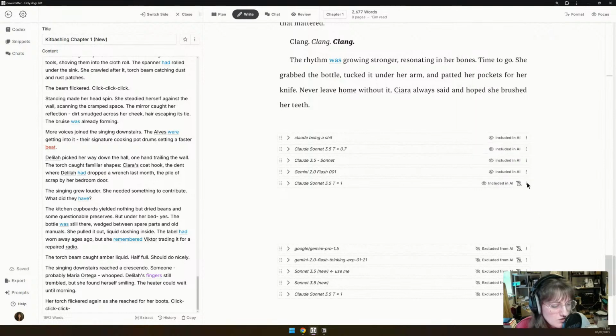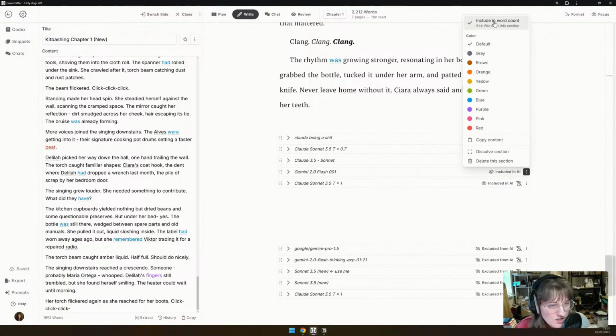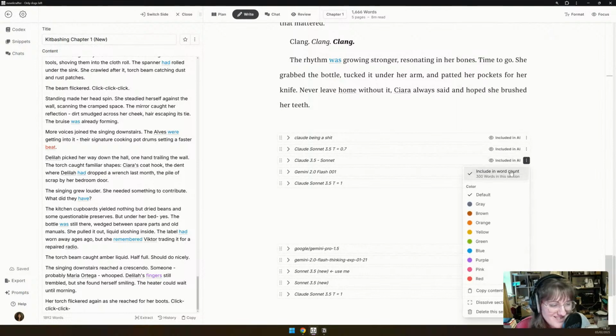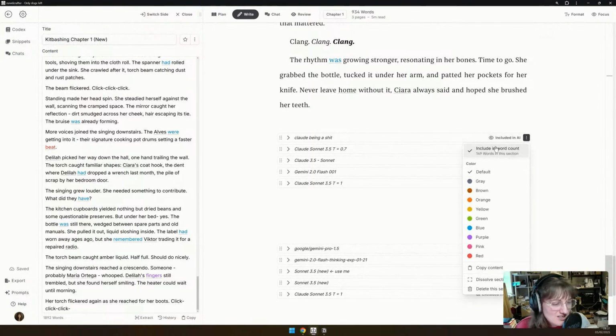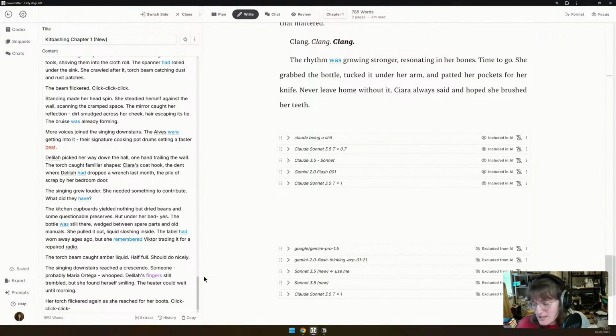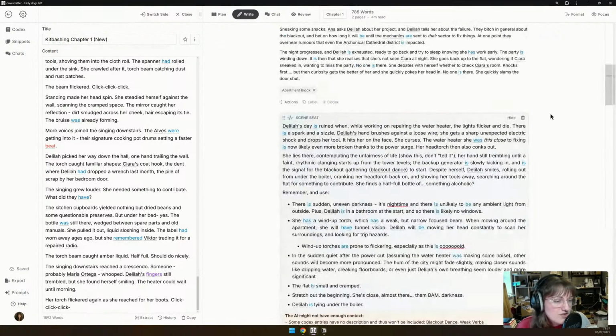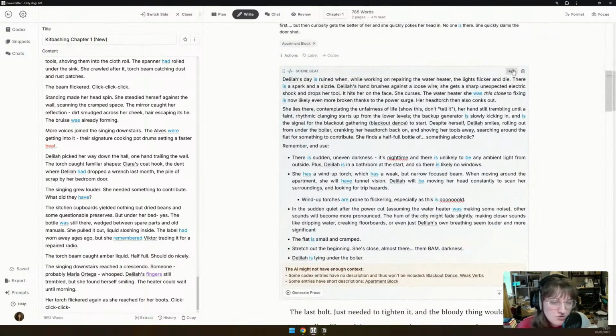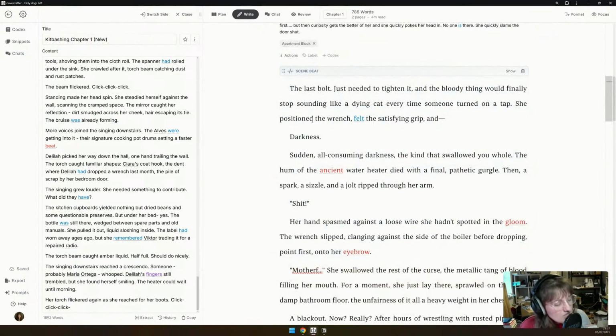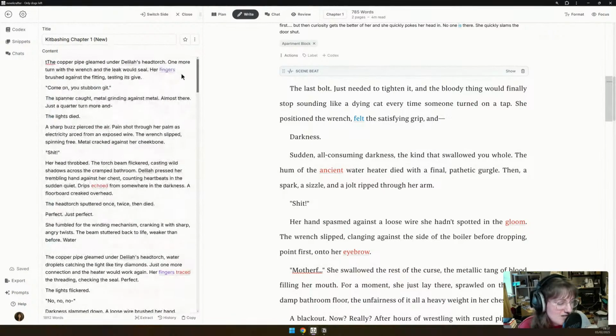I'm also going to remove these all from the word count because I would like a more accurate word count. You can tell here that's 800 words, and then these in combination are 1800. So this is obviously the longest version, and I'll probably end up cutting bits. I'm just going to hide that. But, you know, just going to play around with it. This is what I'm going to start working with. I'll try and explain my decisions as we're doing this.